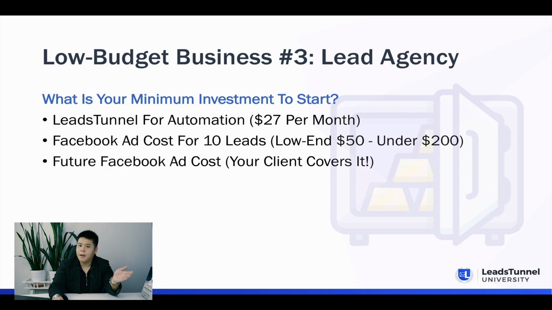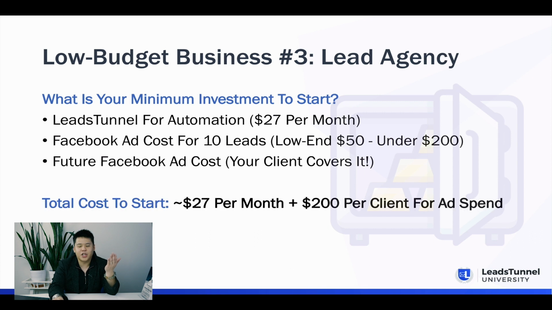And your potential client loves what you're doing and says, hey, how can we get more leads from you? You simply say, well, all you have to do is pay me $500, $1,000, $2,000 a month. I'll handle it for you, but you have to cover the ad costs. That way, guess what? You only need to pay $27 a month for the automation, and to get a client, it'll cost you around $200. And if the client likes it, guess what? Congratulations. Now, if the client doesn't like it, then you would have to restart and spend another $200 per client.